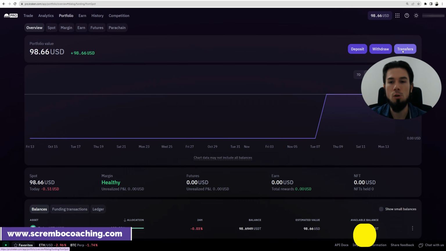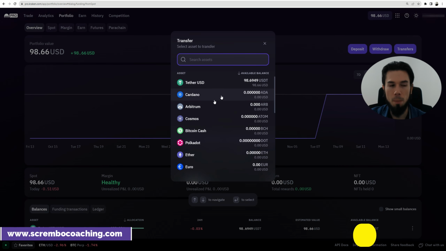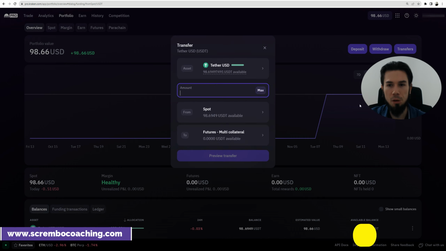You have to transfer your resources from your spot. Simply, we're going to select after clicking on transfer, and then we go with the amount, spot into futures multi-collateral. We are transferring our whole amount. Never ever do you have to pay fees for such movement, even when you send it back. You can send it back and forth thousands of times, you don't need